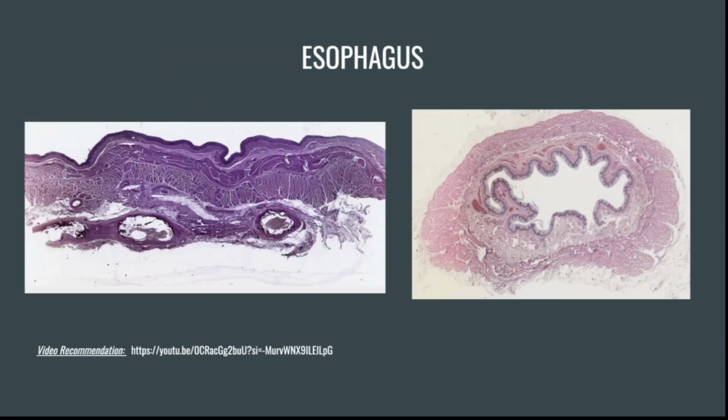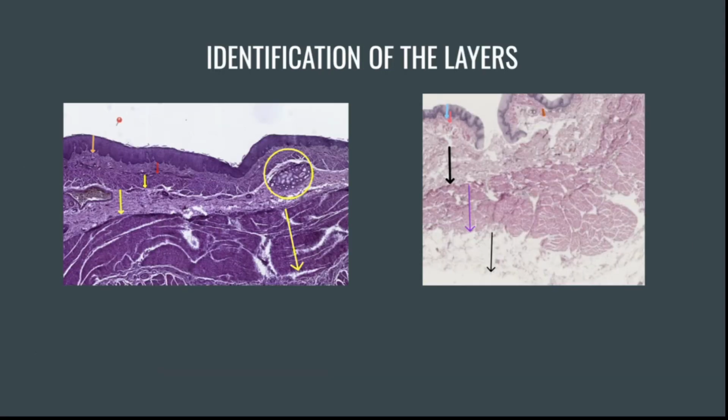Now, when you look at the esophagus from just outside the slide or just in your slide box or in Fingerland, this is how they look. This is the human esophagus, and this is the pig esophagus. By the way, these are video recommendations from YouTube, and you can watch these to help your understanding even more. So, when we talk about the identification of layers in the esophagus,